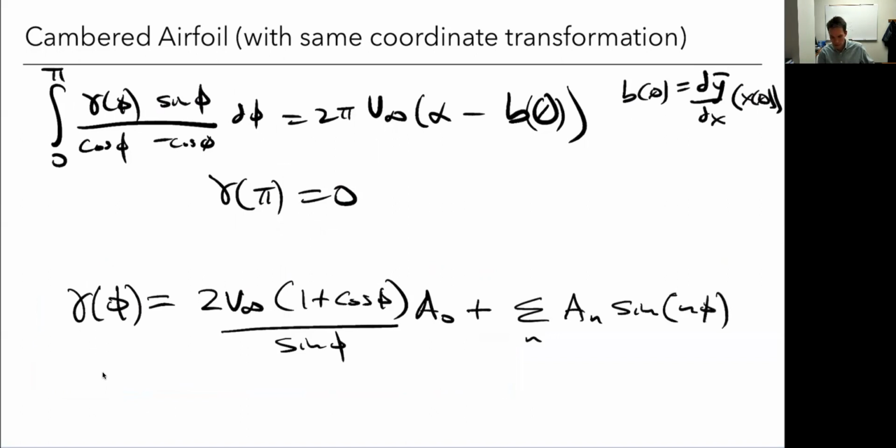Okay, so it's just a Fourier series where we need to compute all these coefficients. It's more or less the same process. I'm going to spare you the math, but we plug this in, use the same useful integral we had, simplify things, and figure out what these coefficients need to be. If we do that, we see that A0 is the angle of attack, unsurprisingly, with